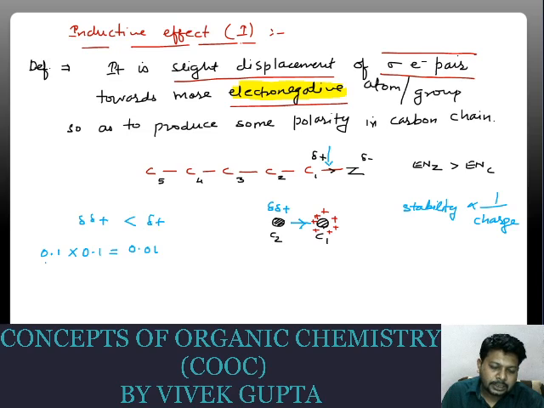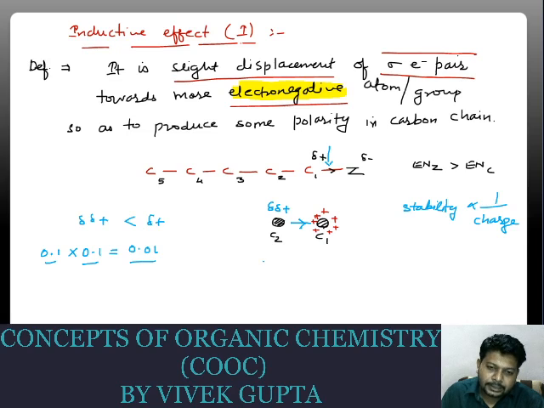That is, a lesser number multiplied by a lesser number is giving a least number. So we can understand when we are writing two delta signs together, we are representing even a lesser charge than before. Means as the number of delta increases, the amount of charge decreases. Now coming back to the concept, what has happened here?